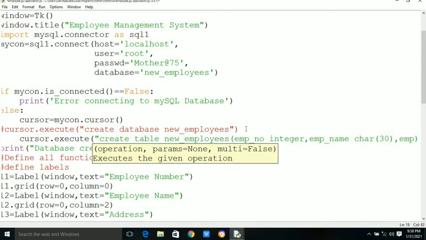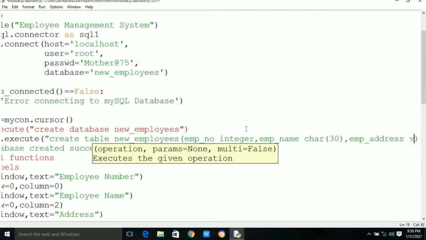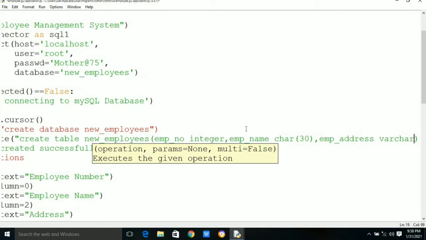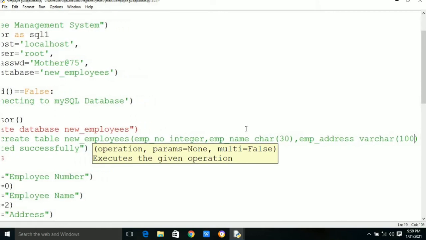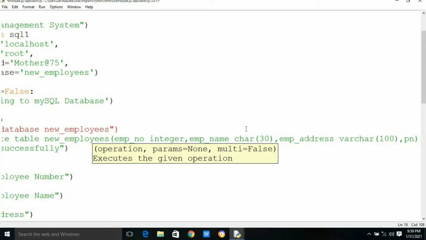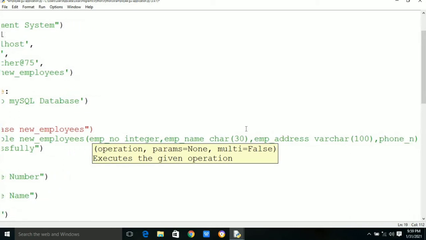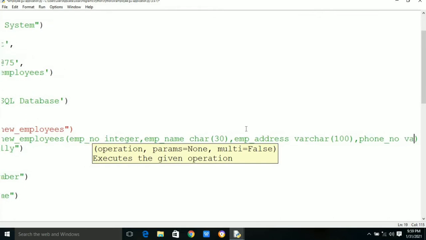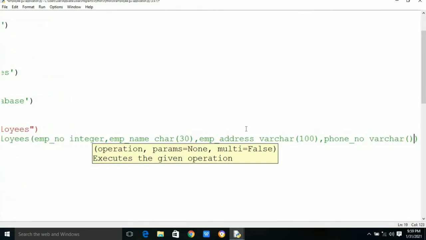We can create the data type as per our requirement. Here in our case we have created employee number as integer, employee name as character, employee address as varchar and phone number also varchar. We can define the data types as per our requirement. We can also define primary key